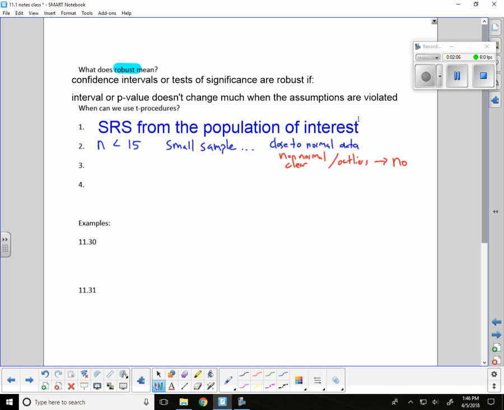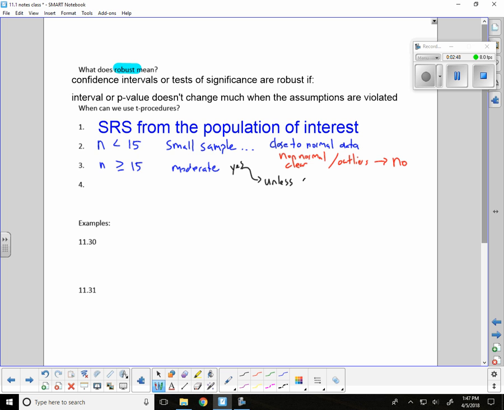Then we've got a medium, moderate sample here. So let's say we've got n is greater than 15. We're going to continue to use this, right, in the moderate. It doesn't have to necessarily be normal in this case, right? The only time we would say no here, we're going to say yes,